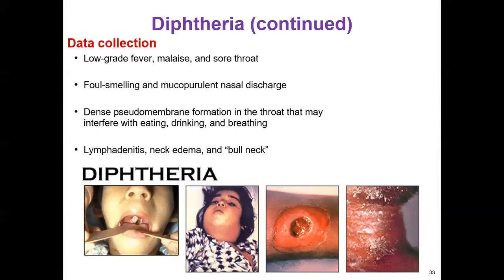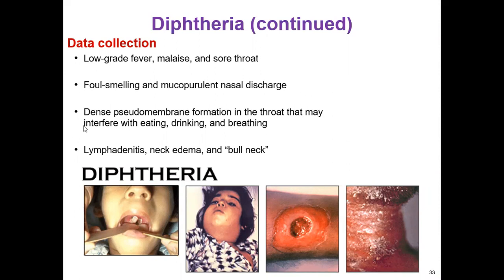Cutaneous diphtheria requires contact precautions. But if the diphtheria is in the pharynx, it requires droplet precautions. Important to know: diphtheria in the pharynx, droplet precautions; diphtheria in the skin, cutaneous, contact precautions. What are the signs and symptoms? Low-grade fever, malaise, sore throat, foul smelling nasal discharge, and dense pseudomembranous formation in the throat